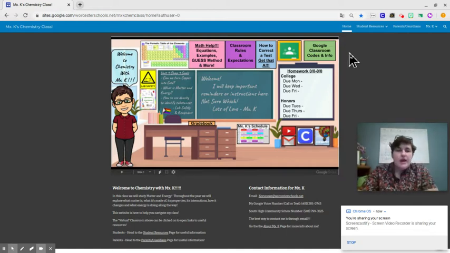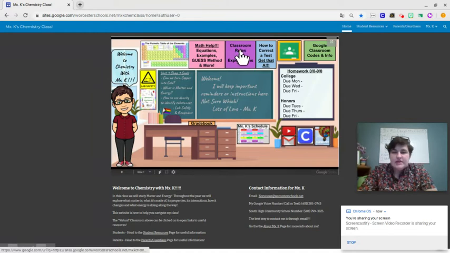So when you go to my Google Classroom and you go to the resources tab, there's going to be a link to this website, and this website has a lot of useful information. Now, if you go to the start, you'll see a little image of a virtual classroom. You can actually click on the different boxes in this classroom, and it'll send you to the different links in my site and outside of my site.